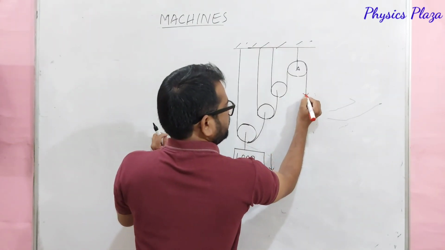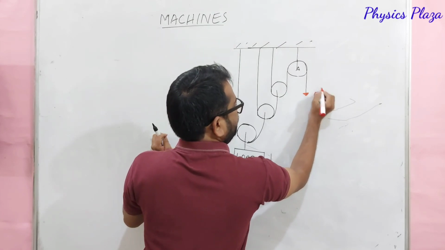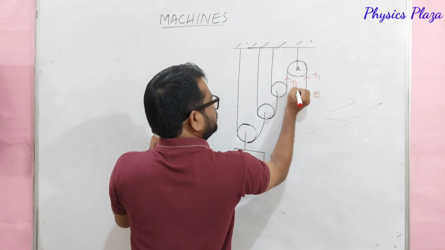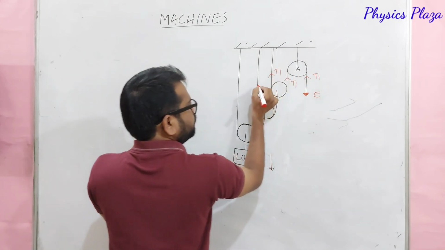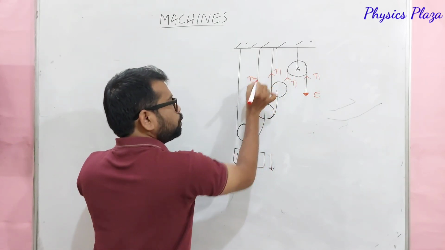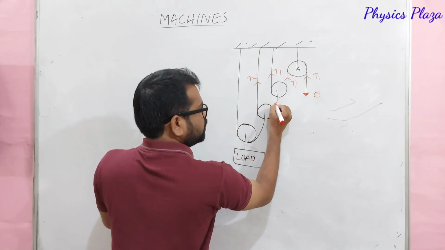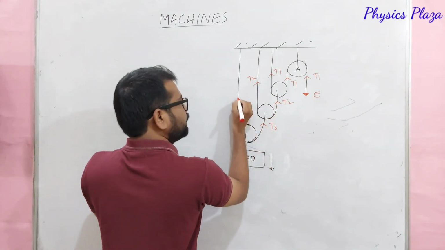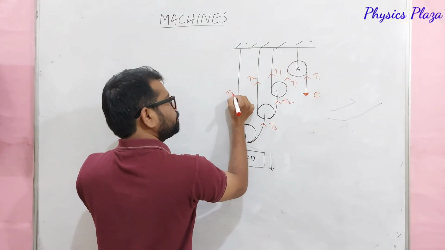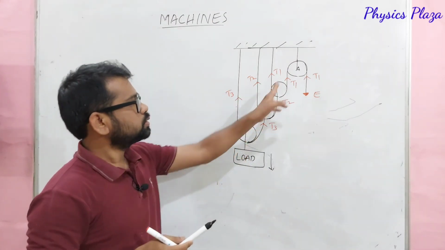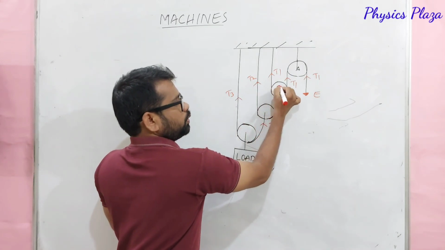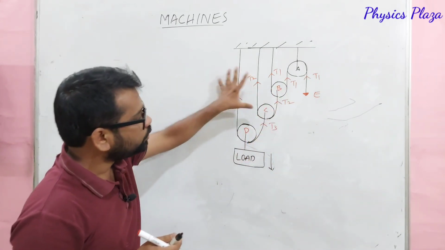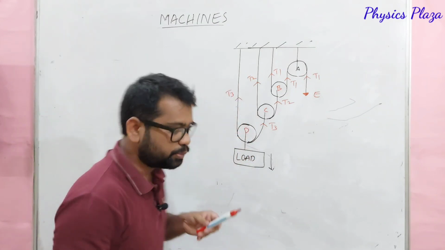So children, look here. This is a case where one single fixed pulley and the other 3 are movable pulleys. Just look here, and it's very important to show the directions of the tensions and the directions of the effort and load also. In the exam they may ask you which one is the movable pulley, which one is the fixed pulley, all these things. But mainly, now, how do we calculate the mechanical advantage in this case? Very simple, dear children.